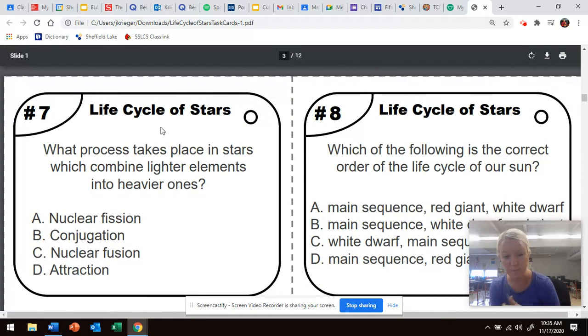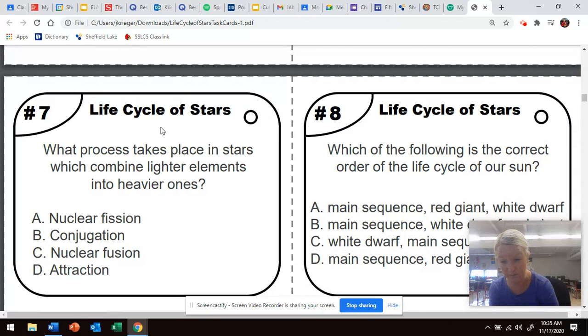Number 7, what is the name of the process? We read about this. It was in Brain Pop. It takes place when stars combine their lighter elements and turn them into heavier ones. Nuclear fission, con